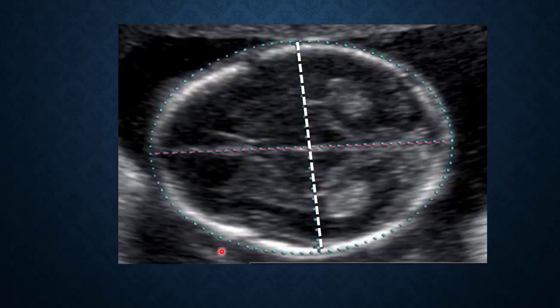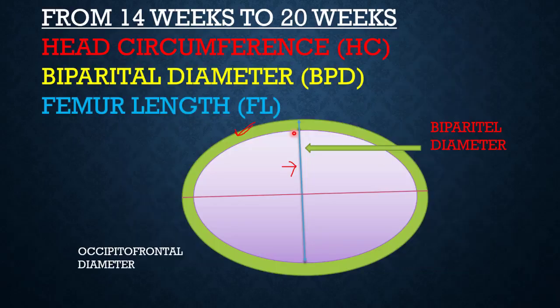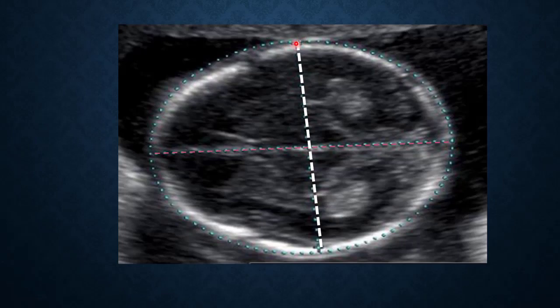So this sea green dotted line is the head circumference and this white line is showing the width of the fetal head, that is the biparietal diameter. Mostly in our hospitals we use biparietal diameter to measure the gestational age of the fetus. So it is important that you start measuring from the outer table of the skull till the inner table of the skull. You will start drawing the line from the outer table till the inner edge or the inner table of the fetal skull, and then you will measure the biparietal diameter.